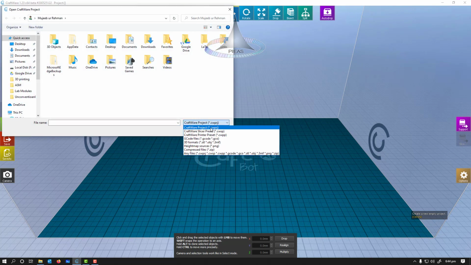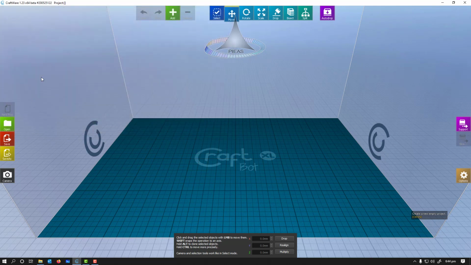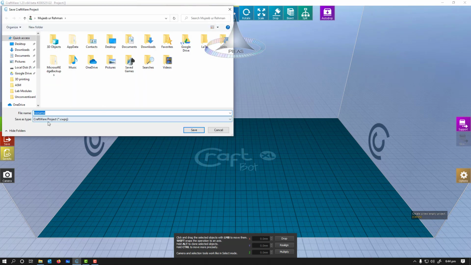In Craftware you have to save the project by the Craftware project name. This is its own file and can only be used by Craftware. Now if you want to open it or save it, you can. For example, I can save as, and it will save as a Craftware project, as I already mentioned.